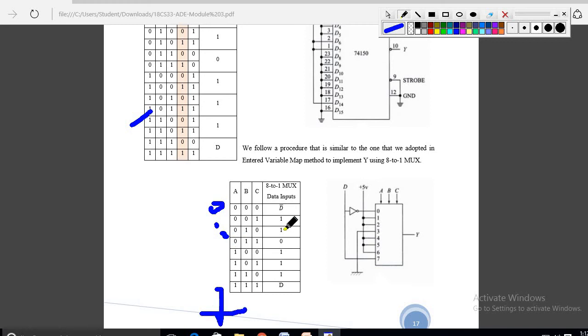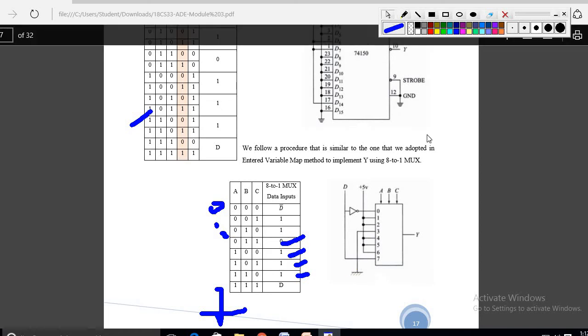Okay, so 1, 2 will be 1. For that reason I am connecting to plus 5 volts. So 4, 5, 6 also are 1s. For that reason I am connecting to plus 5 volts. It means that it is 1. If it is ground, it means it is 0. So wherever we have obtained 0, you just have to connect it to ground. Okay, so in this way you have to connect using ICs and all.